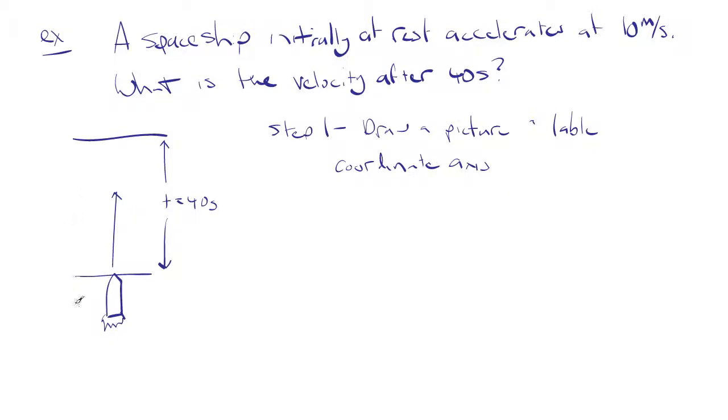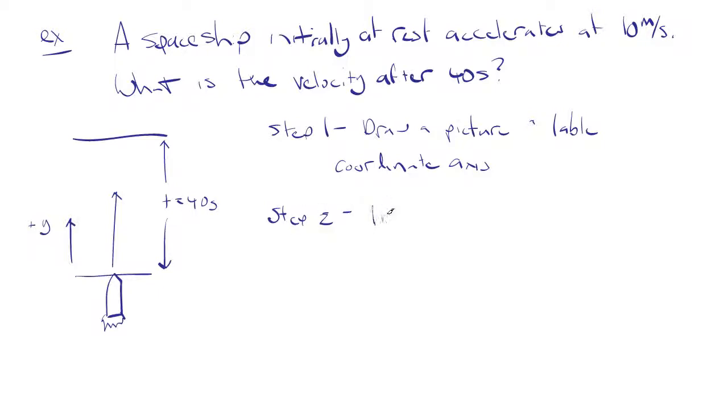All right, so here we have a picture. We're dealing with 1D motion, so we only have one direction, and the direction of interest here is up and down. So I'm going to label the coordinate axis, and I'm going to call that direction y, because I've drawn it up, so I like y to be up. All right, so our positive y direction, now I'll actually point out this is the positive y direction, is up, which would make the negative y direction down. All right? So once I do that, step 2